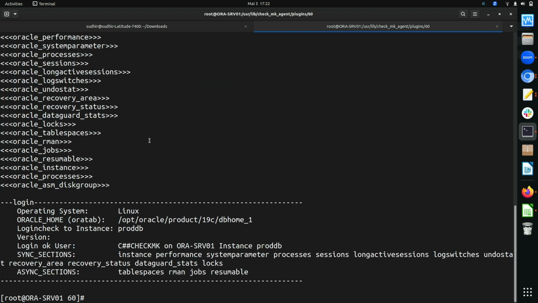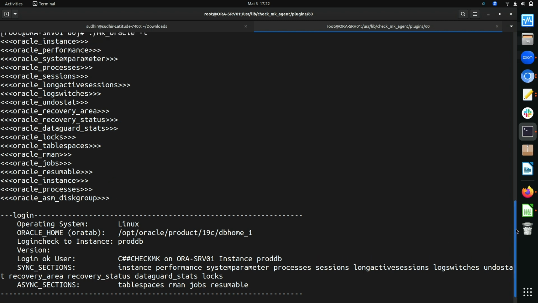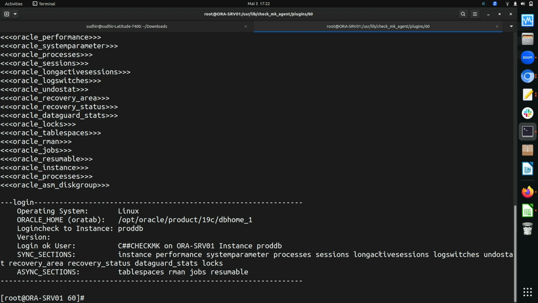If we run it, we will see the information directly displayed on the console. As an initial output, there will be empty sections. And after that, depending on how many instances you have configured, it will show you the login information. Here it shows that the operating system is Linux.